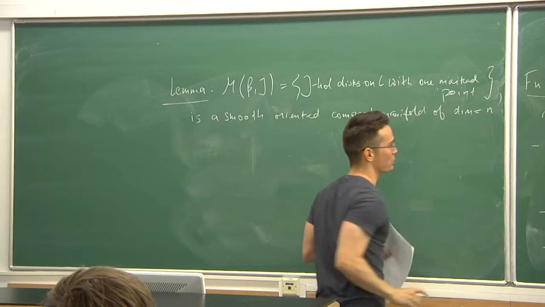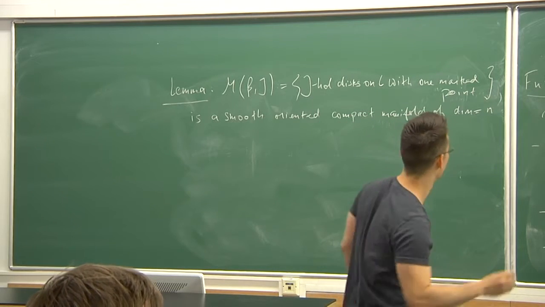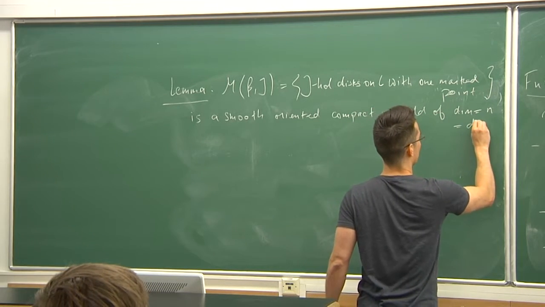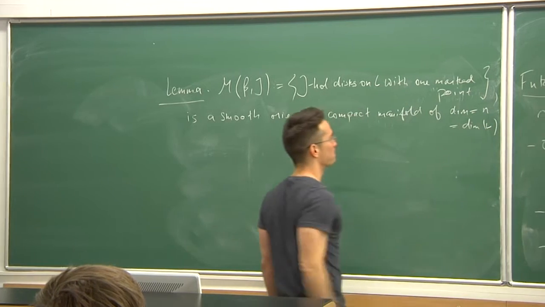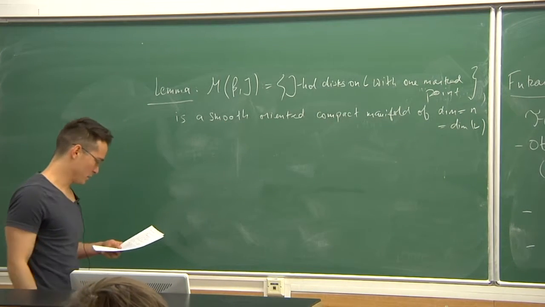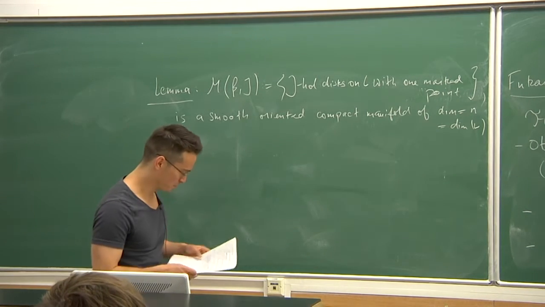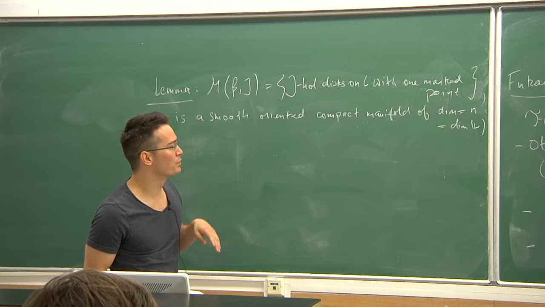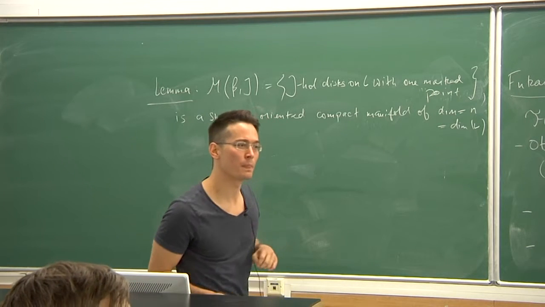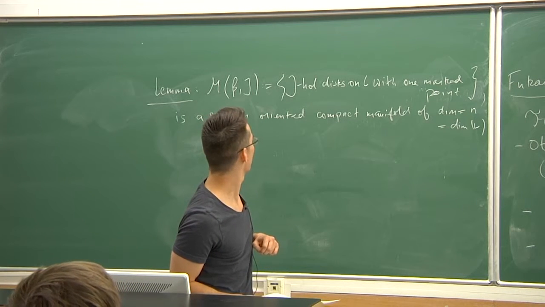Dimension equal to n. Oh, sorry. n is the dimension of the Lagrangian. So yeah, we get smoothness by this transversality assumption. The space is oriented due to this assumption that L appears in the left side requirement